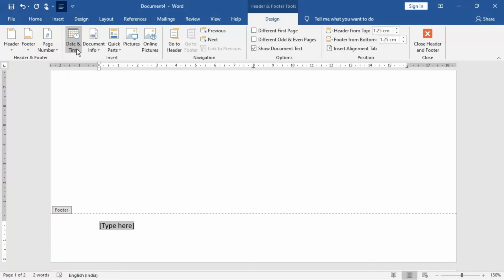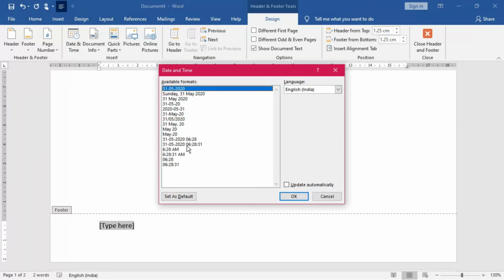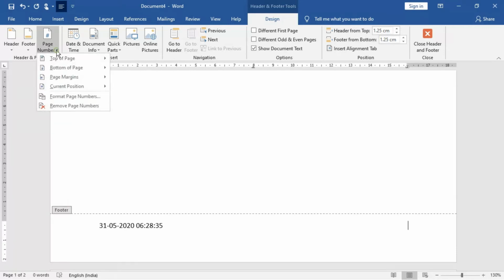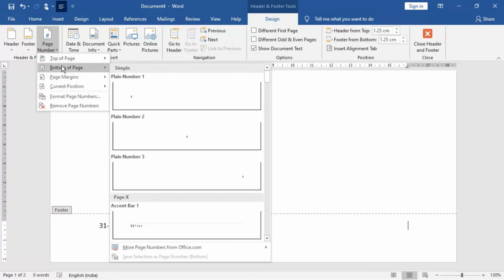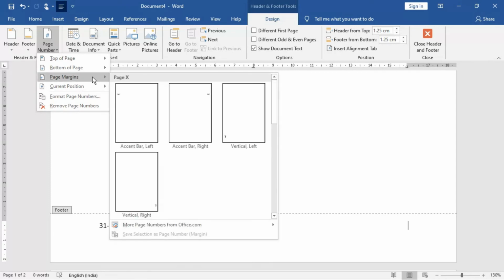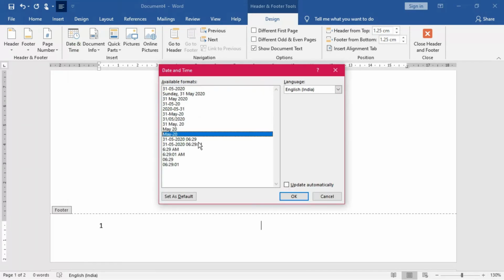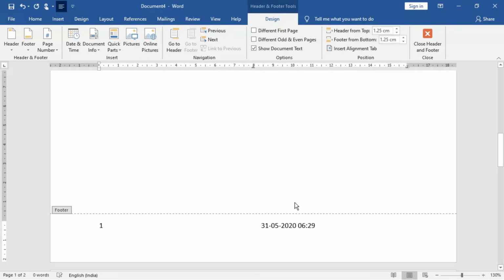So here I want to insert date and time. Okay, inserting date and time like this. Click on OK. All right, and then taking the cursor over here, I will insert the page number also out here, at the bottom of the page. Okay, so in this one I'm choosing out here. So the page number has been inserted. Once the page number has been inserted out here, then you can go for date and time also over here. Okay, so I'm inserting this one, click on OK. So it will remain out here. So first you enter the page number, then you go for date and time.